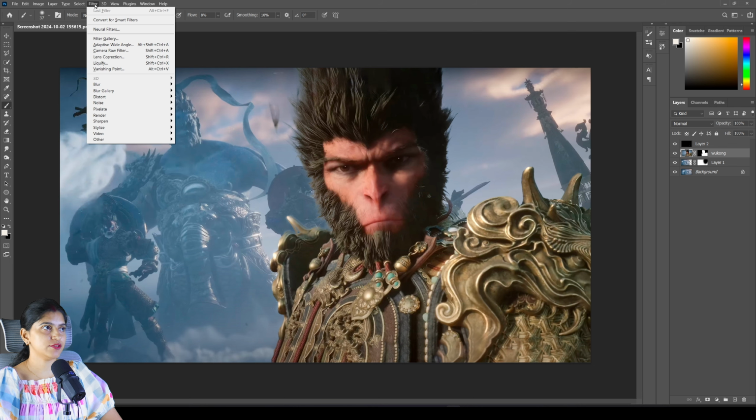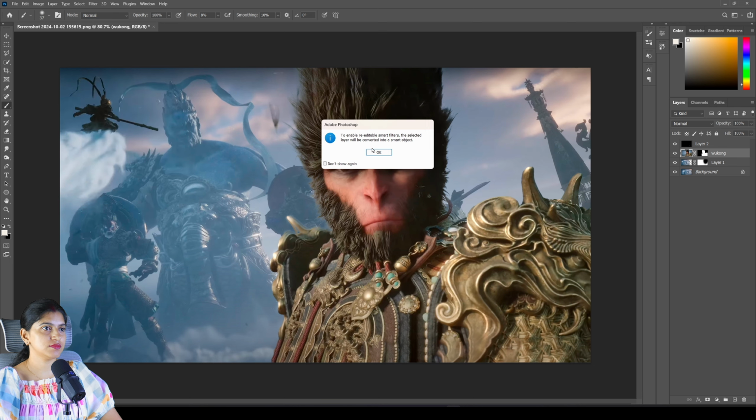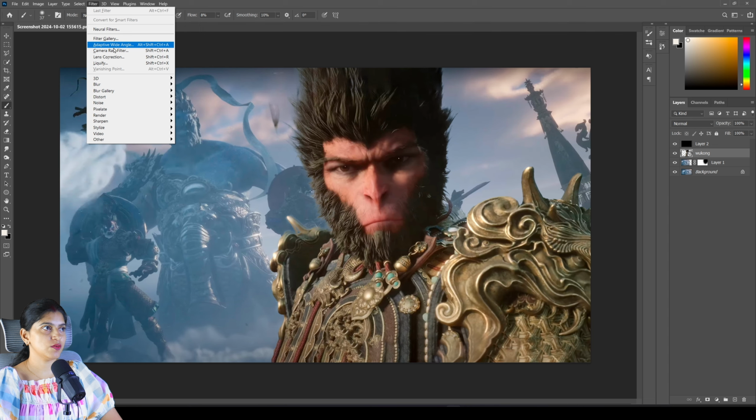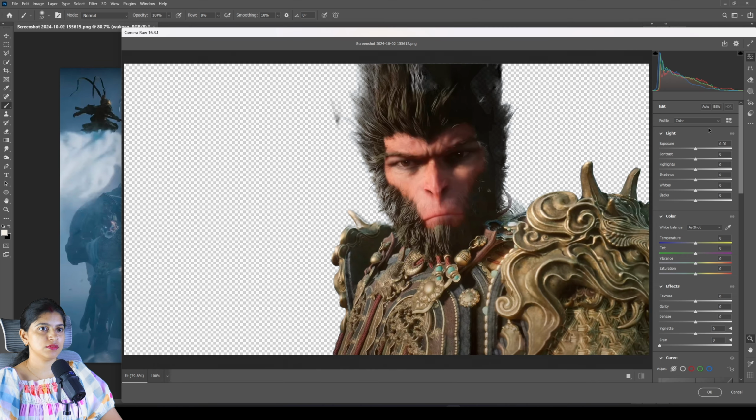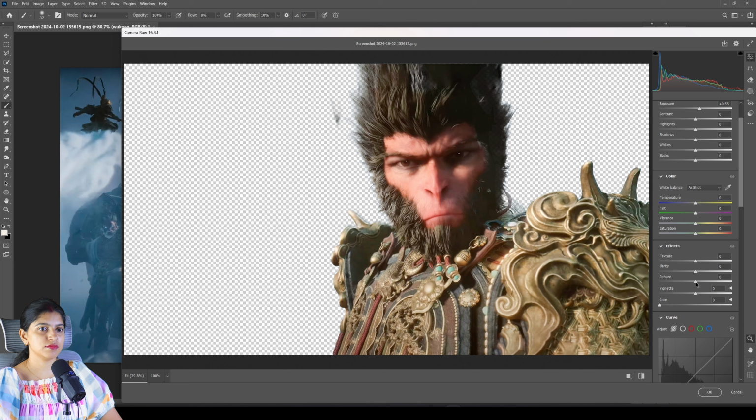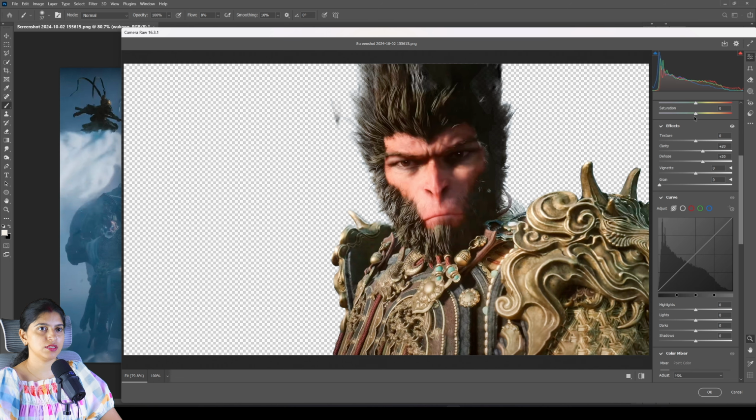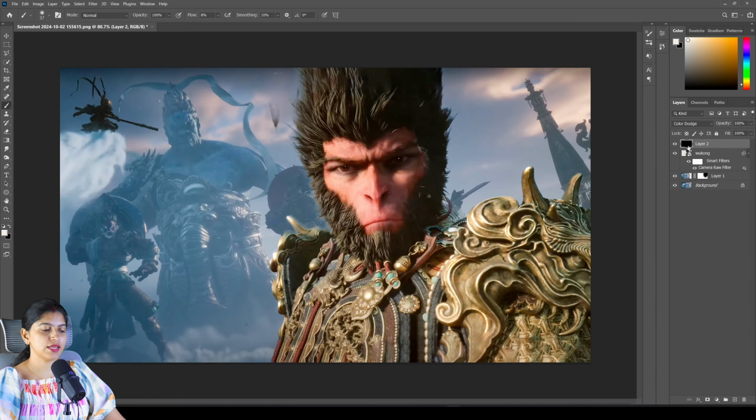Now convert this layer for smart filters. Open camera raw filter and increase its exposure. Dehaze it to bring more clarity. Increase the saturation a little bit. Press OK. Now make a copy of this layer by pressing Ctrl J and bring this layer